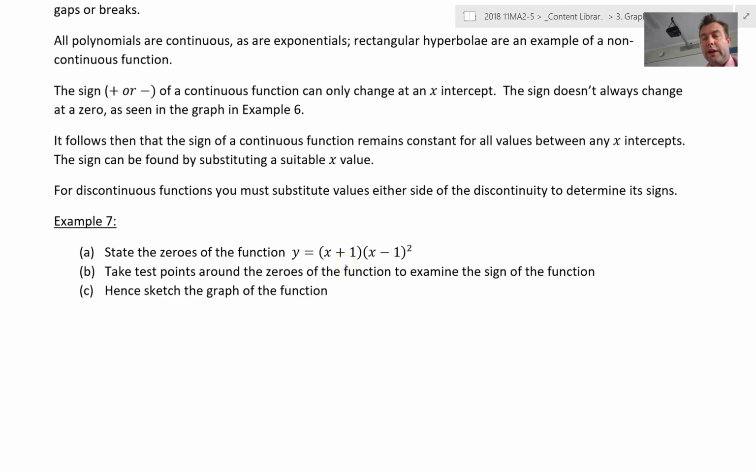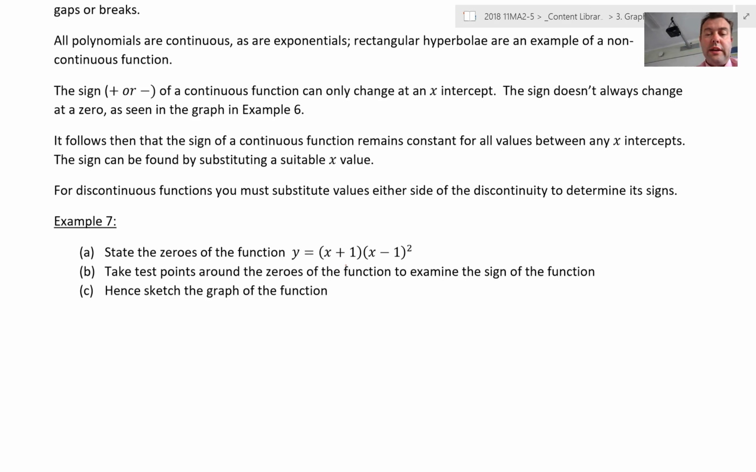function. Now, word of warning, if you have a discontinuous function like, I don't know, a rectangular hyperbola, then you have to check the values on either side of the zeros, but also either side of the discontinuity. Anywhere where there's that jump or break or gap, you have to check either side of that as well to work out the sign, see what's sort of roughly